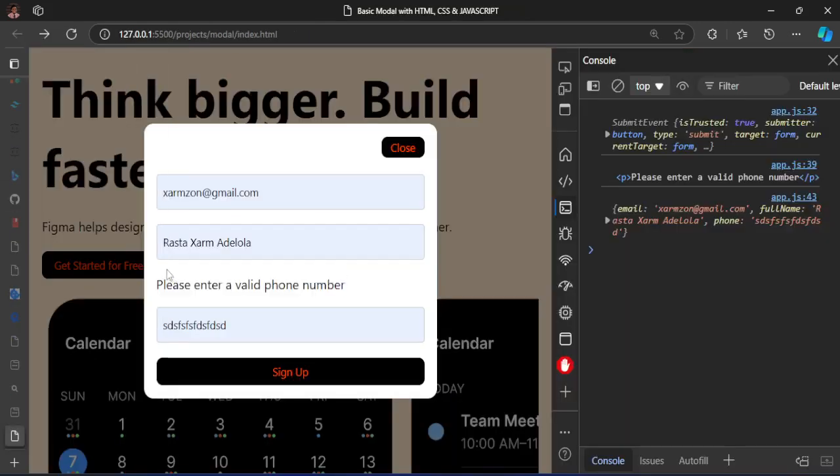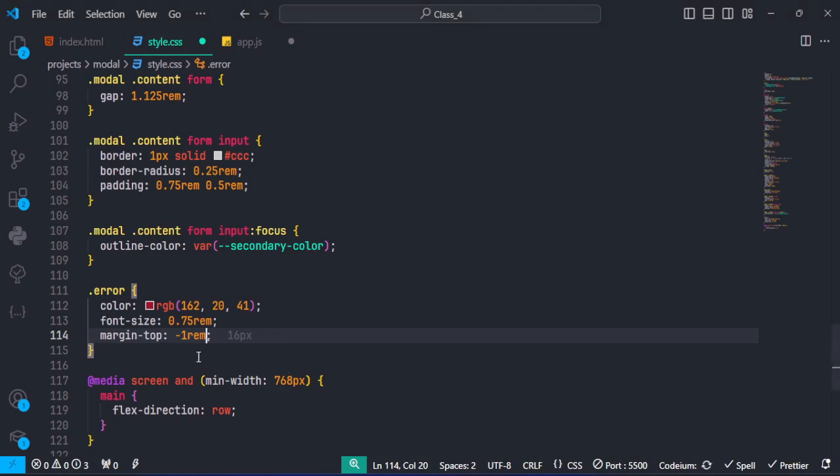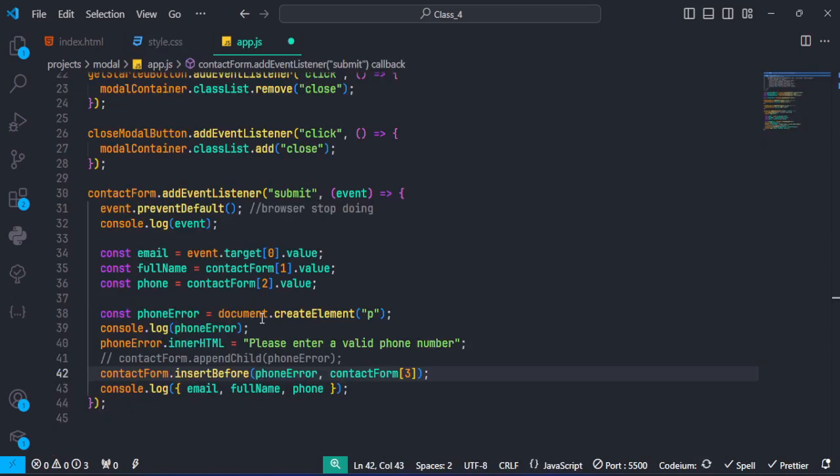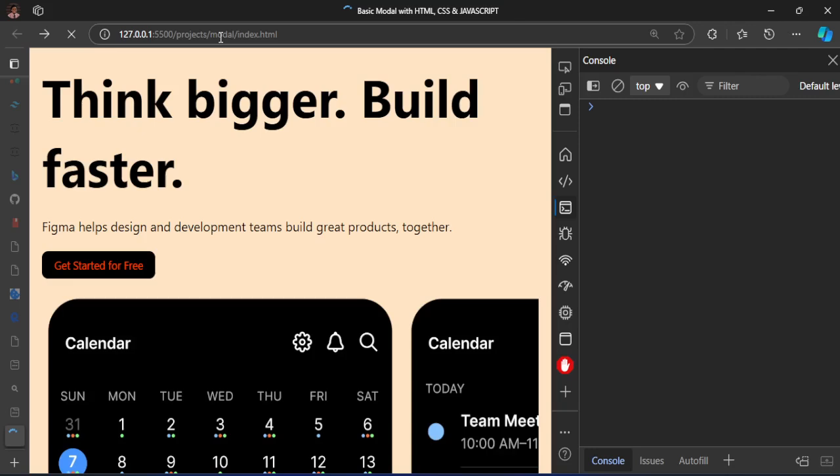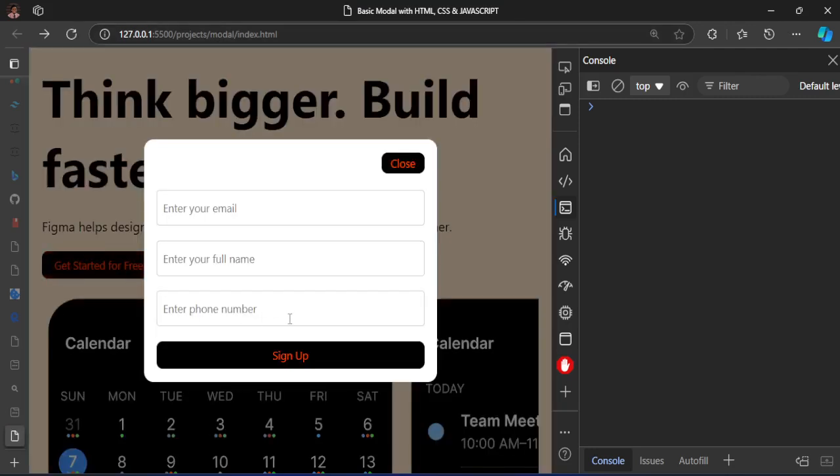As you can see, there's a lot of space between this text here and the box it is meant for. So this spacing is what I want to remove. That's what I'm using margin top for, to remove 1 rem from it and leave the remaining 0.125 for the spacing there. So instead of it having 1.125, it's always going to be 0.125 there. So save this, go back to the page, and let us try it again,